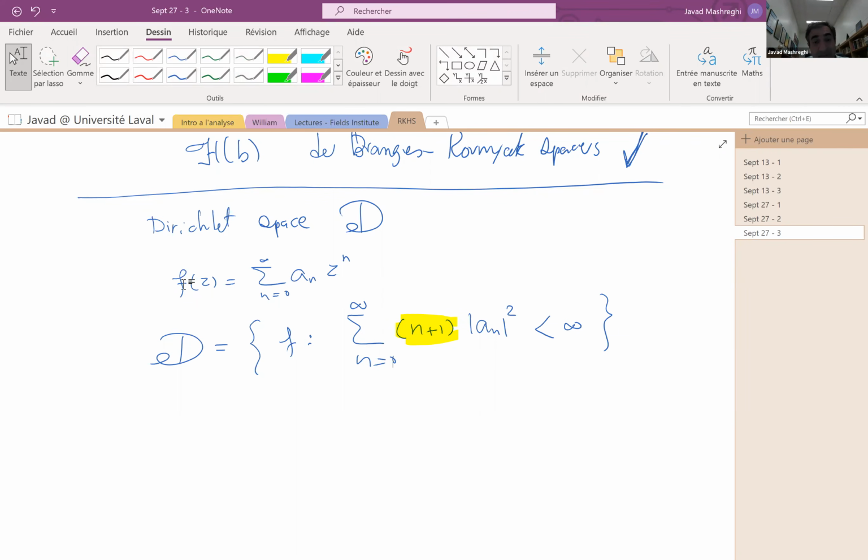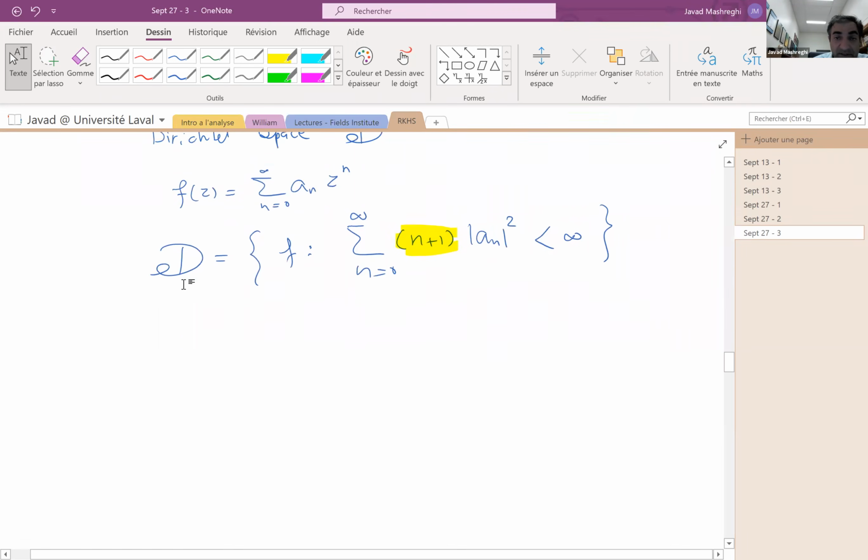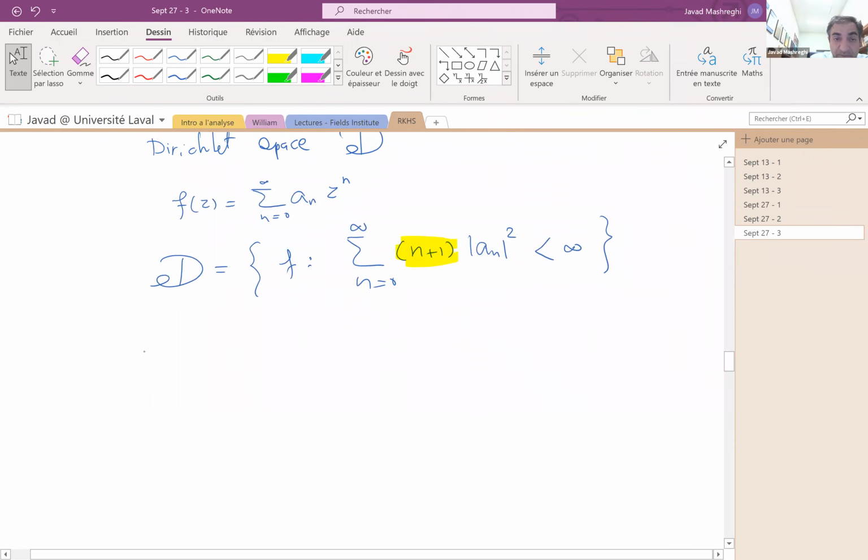So first, to show that this is a Hilbert space is standard, I leave it to you. It's not something difficult to show. I didn't mention the inner product. The inner product, if,